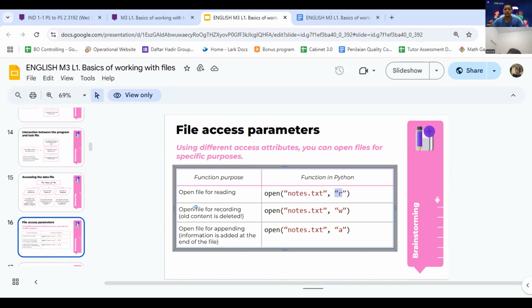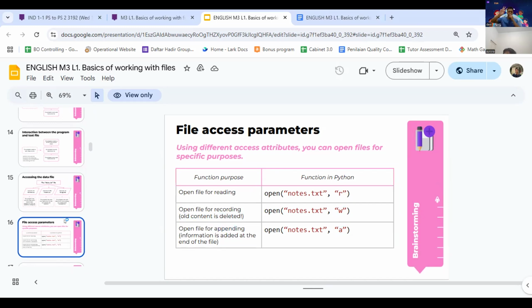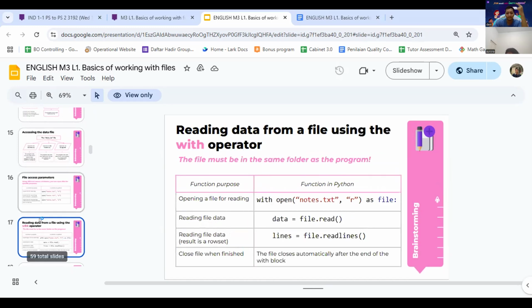When you want to open a file for recording, it needs attention: all content is deleted, so you cannot access the history of the file before. You can use W. And when you want to append strings, you can use A for appending. Just three letters, R, W, A for the basics.